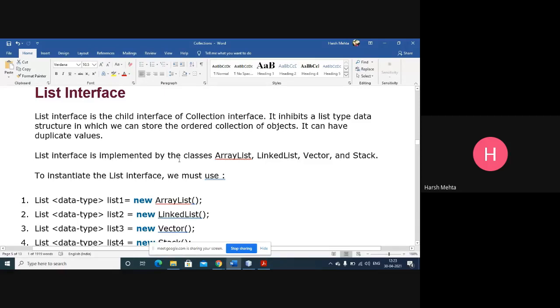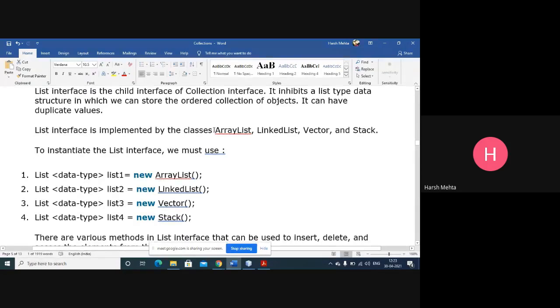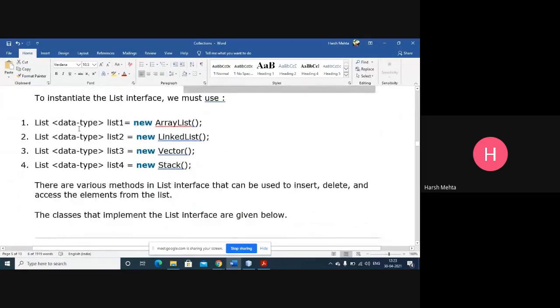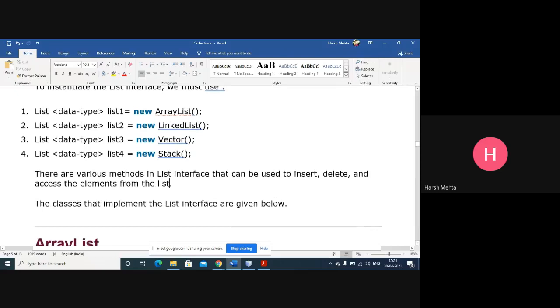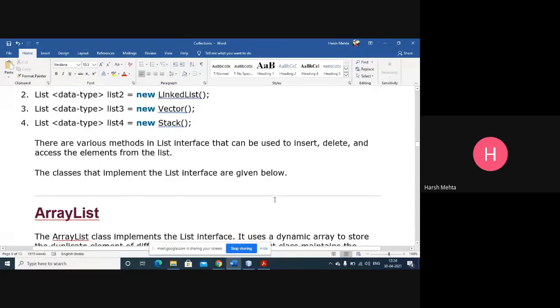It can have duplicate values. Array list, linked list, vector, stack, these are the classes available. This is how you can define list data types: List l1 = new ArrayList, List l2 = new LinkedList, List l3 = new Vector, and Stack. Various methods in the list interface can be used to insert, delete, and access elements from the list.